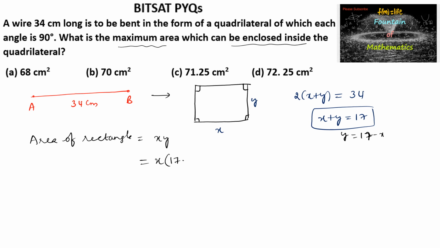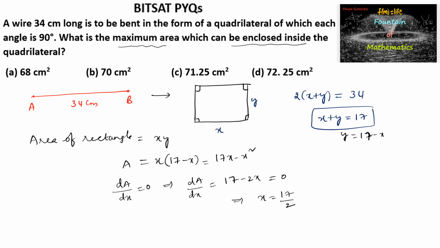So x times (17 minus x), and to get the maximum area, differentiate dA by dx equal to 0. So we can write x into, or this we can write as 17x minus x square. So differentiating, we get dA by dx is equal to 17 minus 2x is equal to 0, or we can write x is equal